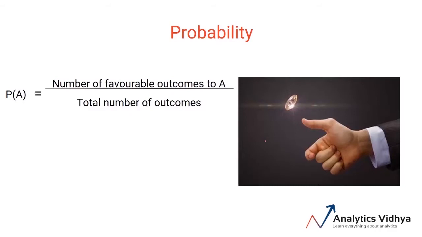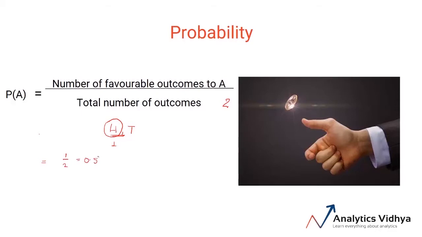Suppose we want to find the probability of getting a head when we toss a coin. What do you think is the total number of outcomes in this case? We have two possible outcomes, heads and tails. So we can say that the total number of outcomes is 2. And the number of favorable outcomes? We want to determine the probability of getting a head, right? So the favorable outcome is just 1. So we can write this probability of event of getting a head on the toss as 1 by 2, which comes out to be 0.5.